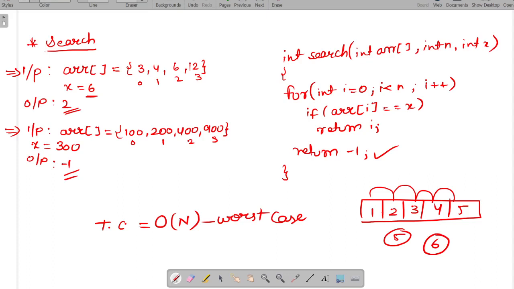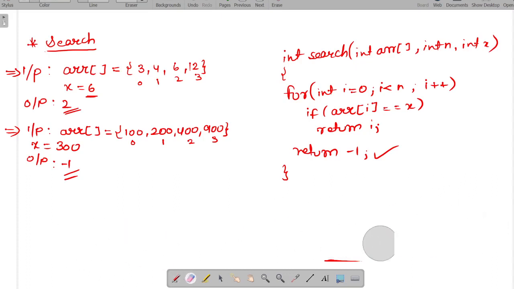And if we see the best case time complexity, it will be big O of 1, because suppose we have to search for the array element 1 in this given array, then in the first check only we will get the answer. So that's why the best case complexity will be big O of 1.